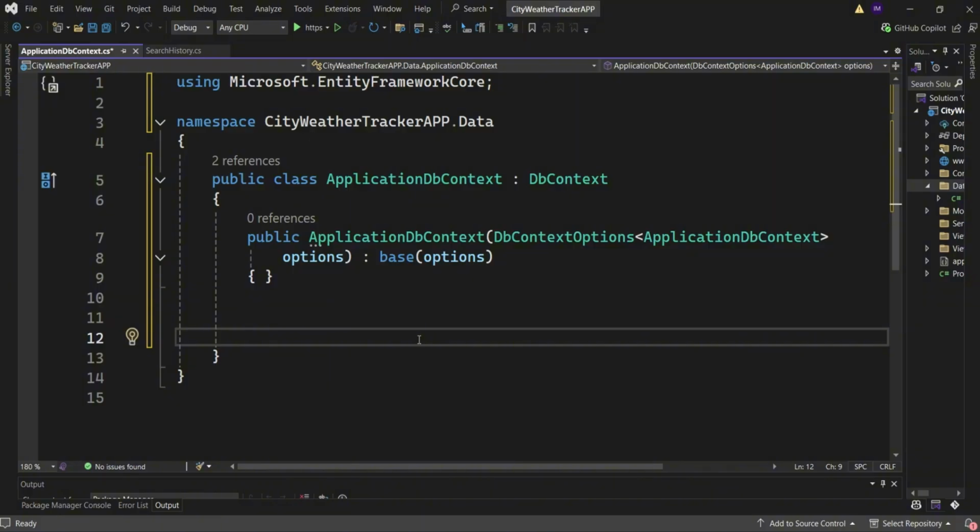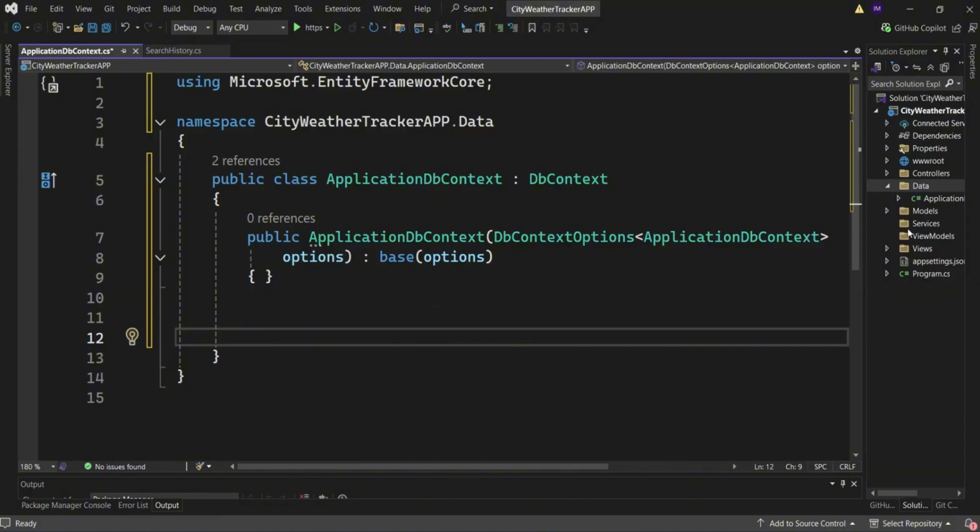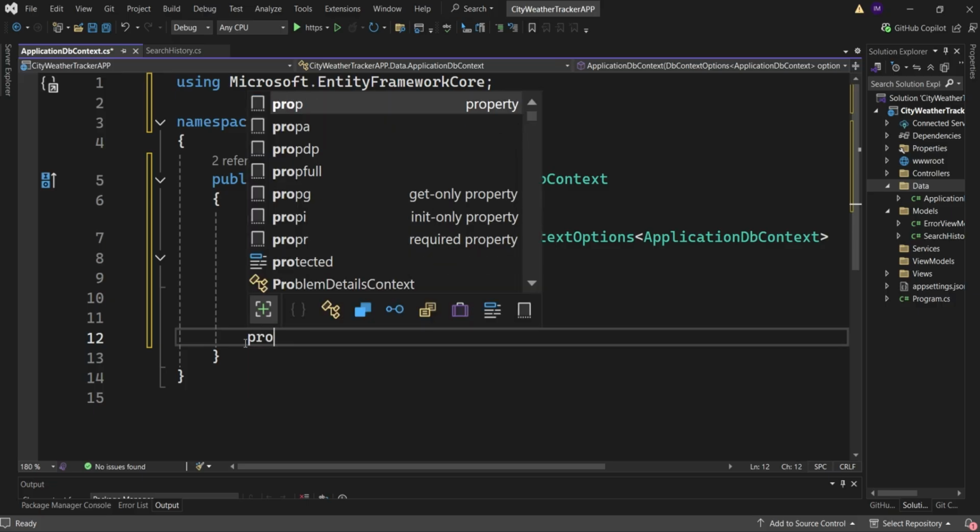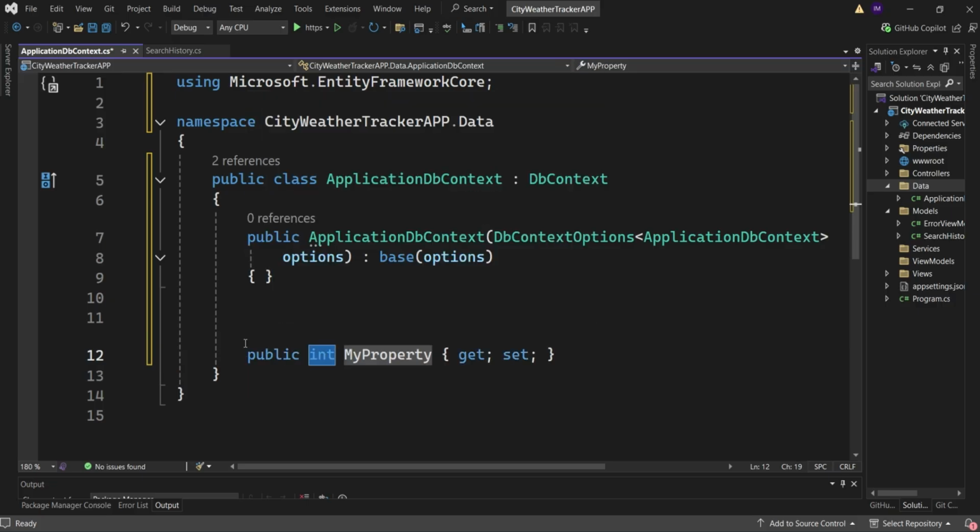Lastly, depending on the number of model classes, so this is linked. Remember we said model, we have the tables there. We only have one model class, which is the search. This one is auto-generated. So I need to create a property that will link to that model class so that we can create a table name. How I'm gonna do it is with a property, prop tab, and then we change the data type. The data type will be